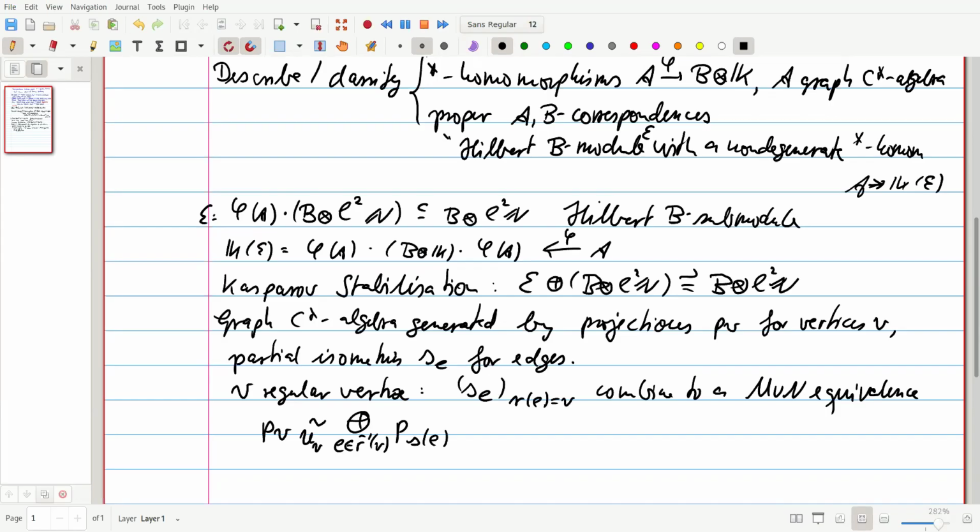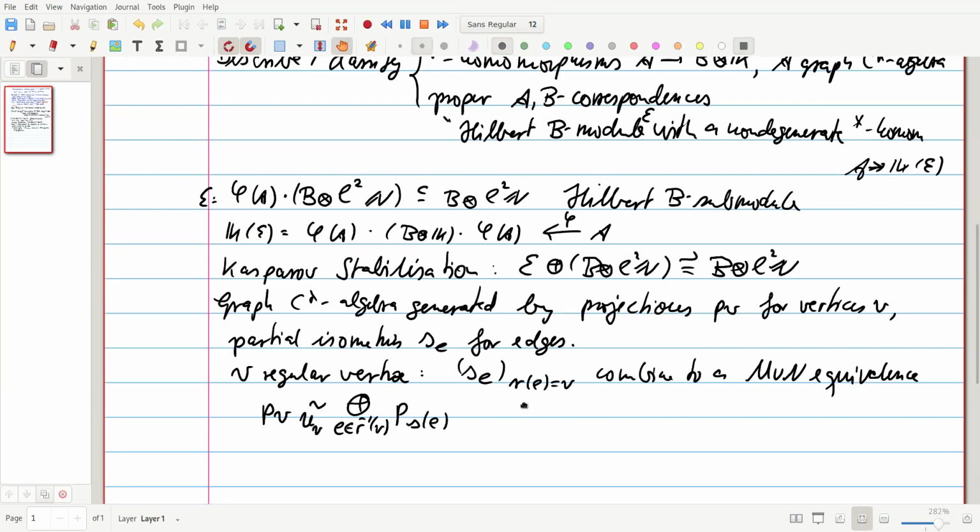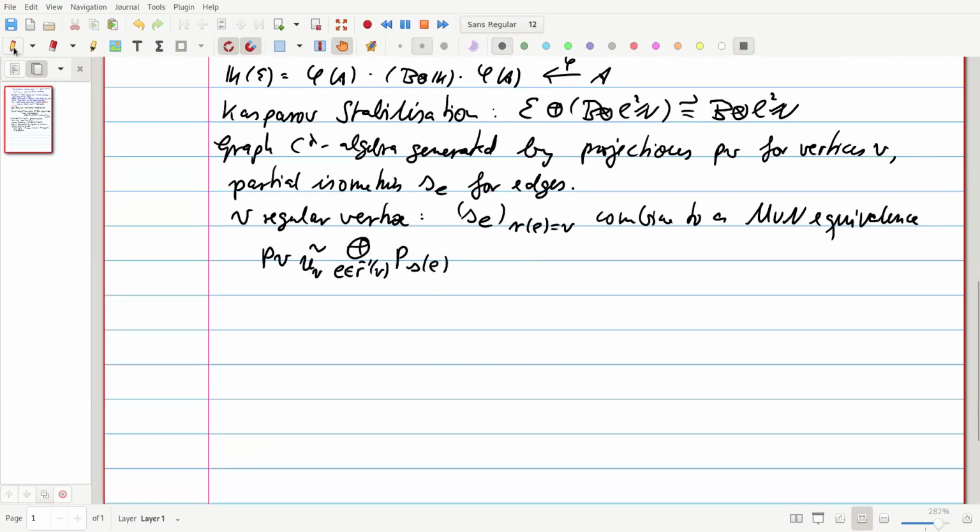There could be vertices that don't receive any edge, so sources, but that doesn't bother me. But there shouldn't be infinitely many edges going into a vertex. Then my theory doesn't work. So assume that my graph is row finite. Then